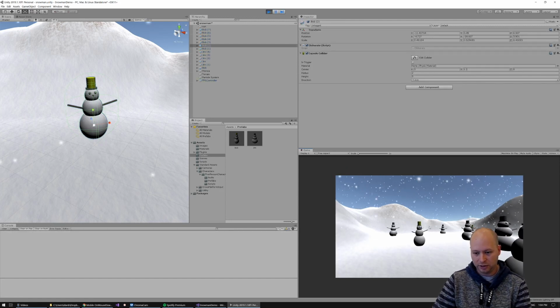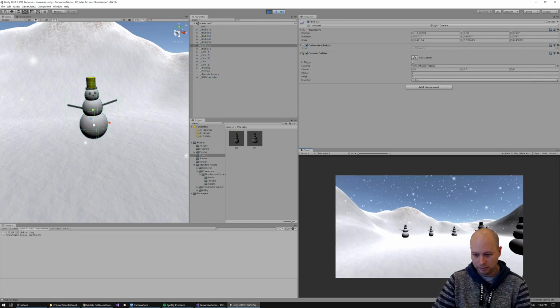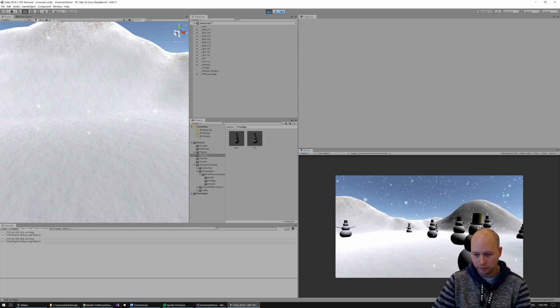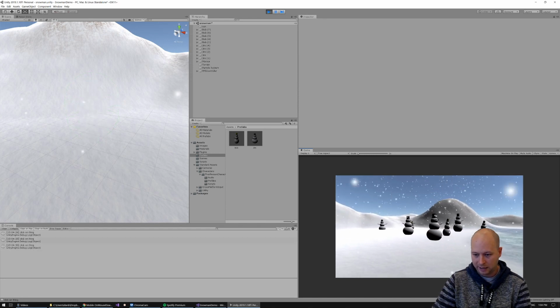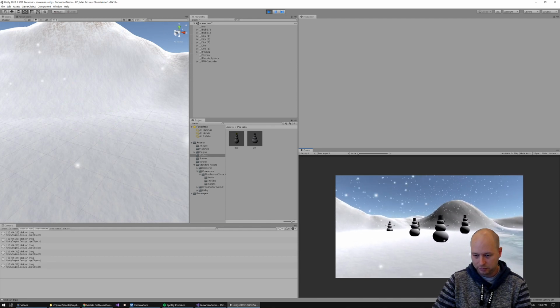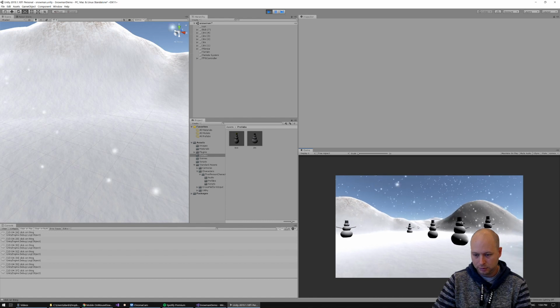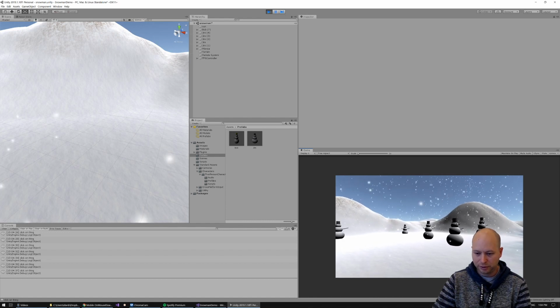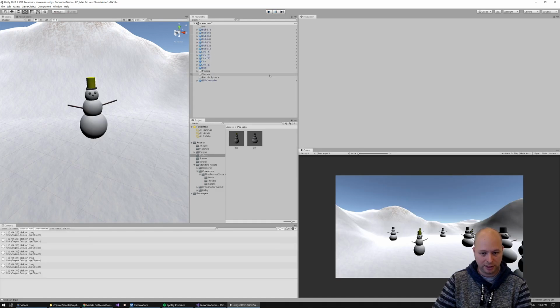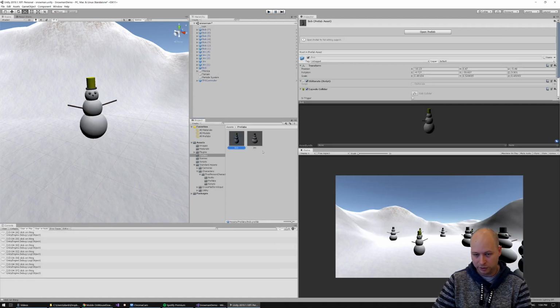And if we hit escape and we click on a snowman, it should get destroyed. So anyone with a yellow hat is up for grabs. Now you'll notice I was able to click through the arm of that other snowman. That's because it doesn't have a collider yet. And so that's what we're going to have to do, add a collider to